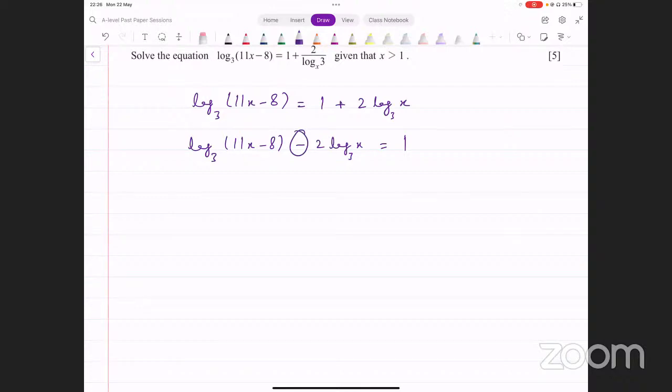Right? Log के बाहर आपके पास minus हो रहा है, तो log के अंदर आके क्या हो जाएगा? Divide हो जाएगा. So this can be written as log of 11x minus 8 divided by, no, in fact, before we do that, we have to be careful. इस वाले log के साथ आपके पास 2 multiply हो रहा है. जब 2 multiply हो रहा है, तो that is a problem because